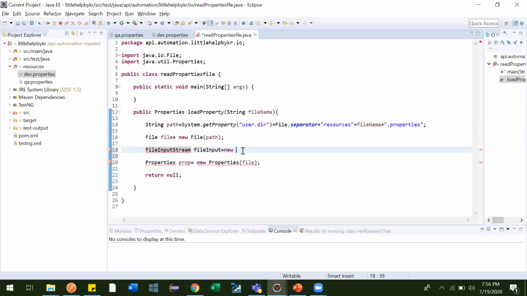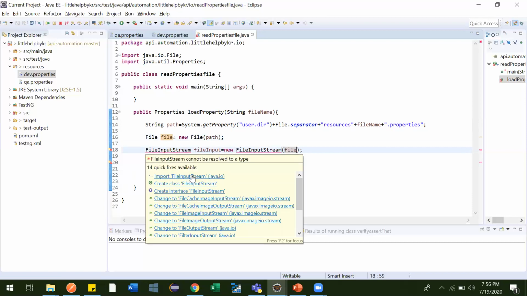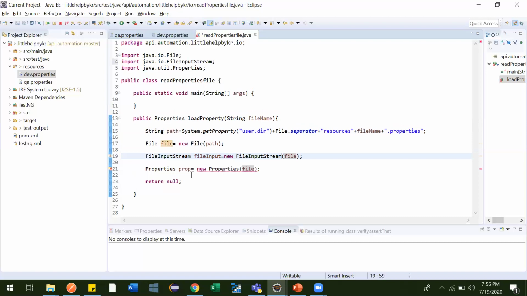Let me copy paste here, and inside this you need to provide this file. Just follow the steps, that's it. Nothing big deal, you have to remember these things, and it is very easy to remember.